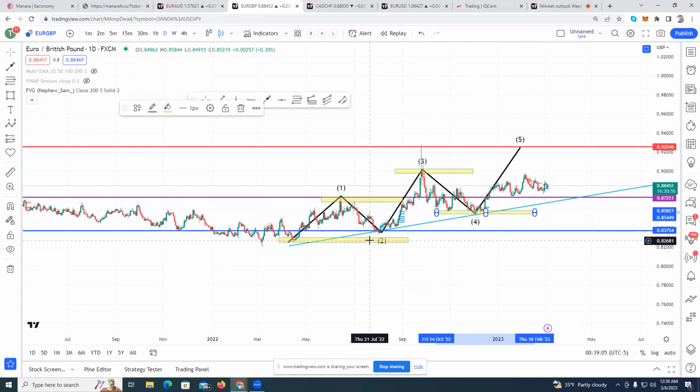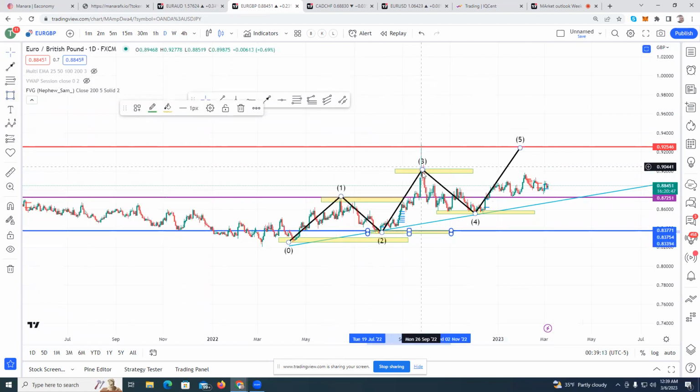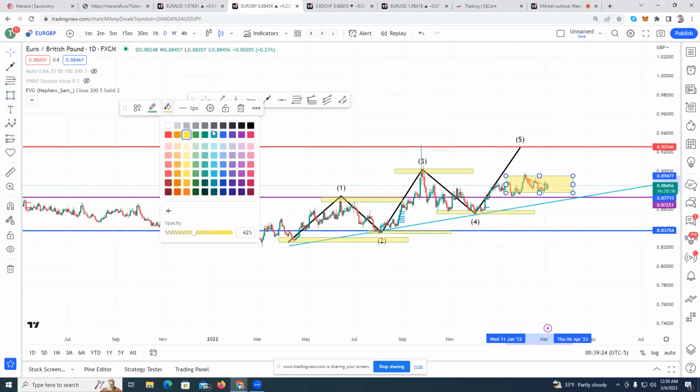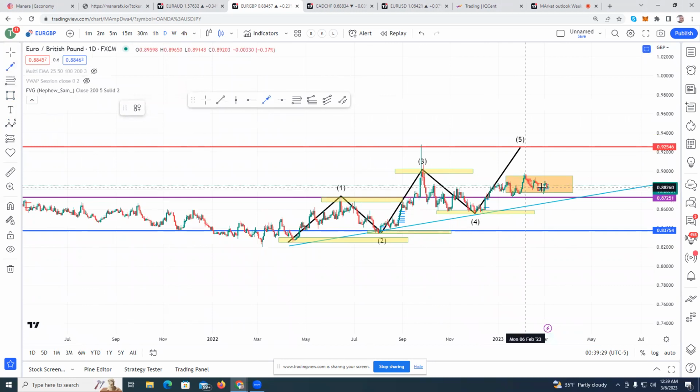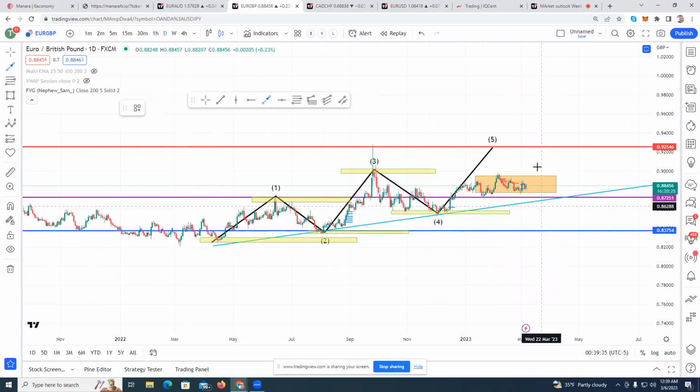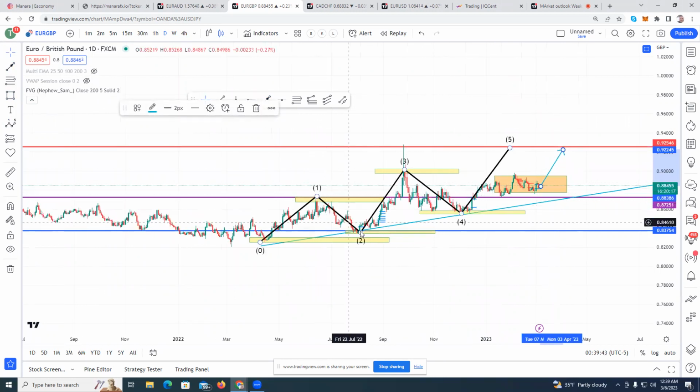Okay, so here's our higher low, higher high, higher low, higher high, higher low, and now we have not yet got our higher high. So price consolidated here for a little bit. Okay, we were in a little bit of consolidation within this region here that I have marked up orange, and now price action is giving us signals. It's given us significant confluence that it's going to finish off this final move of this Elliott wave sequence